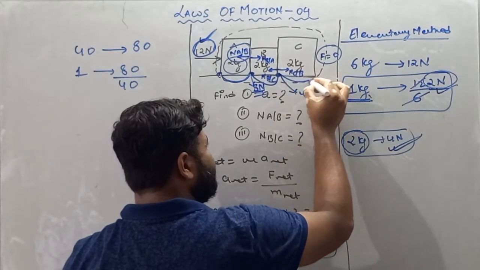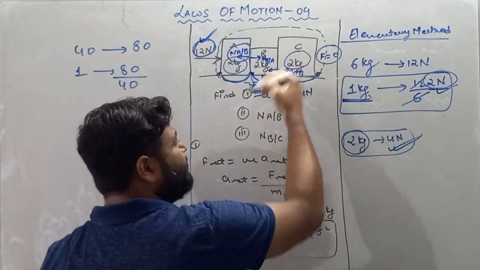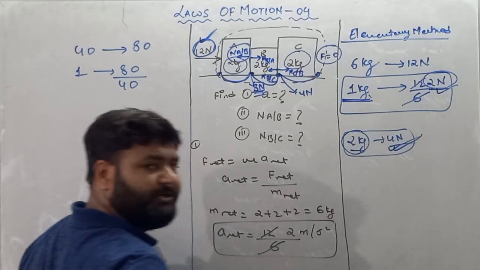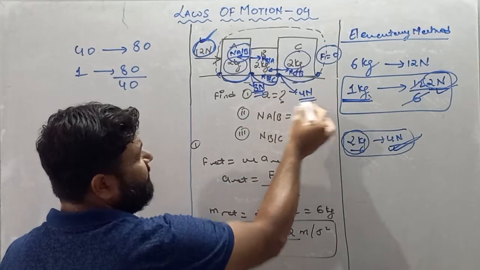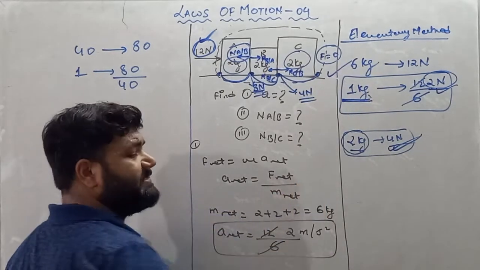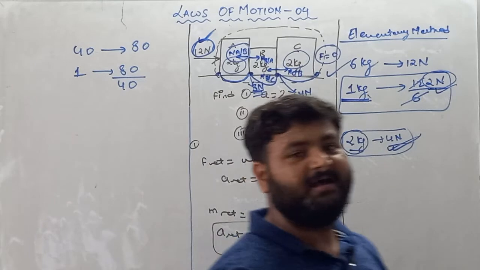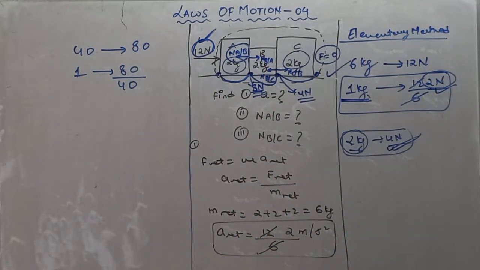Now move from this point to this point. If you move from this point to this point, again you will move 2 kg. For 2 kg we need 4 Newton force. At this point we have 4 Newton force. 2 kg will be moved, 4 Newton is used, so F is equal to 0. So this is basically a short trick to solve these kinds of questions without using, my dear student, a free body diagram. Moving forward, let's practice one more question.